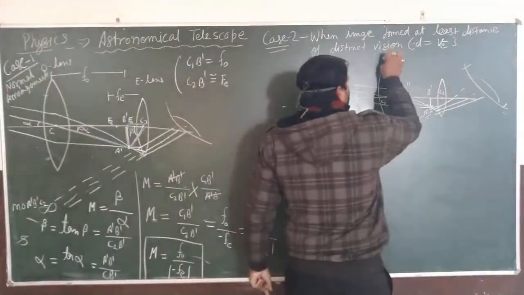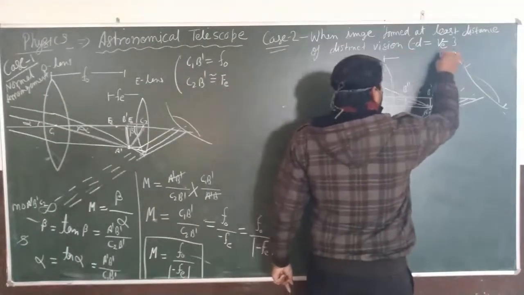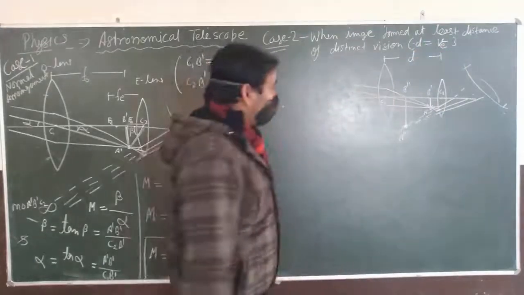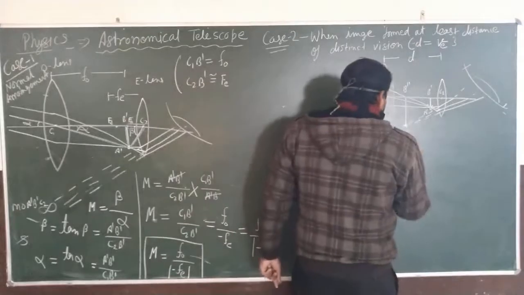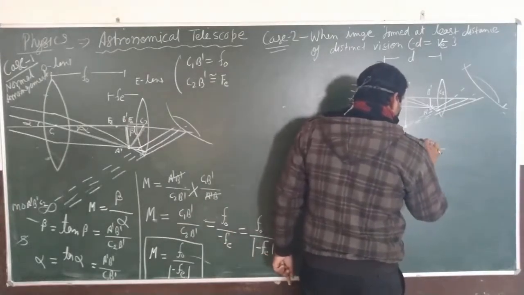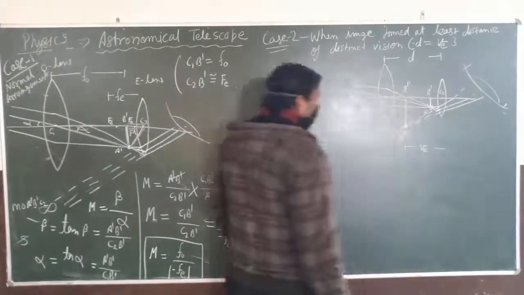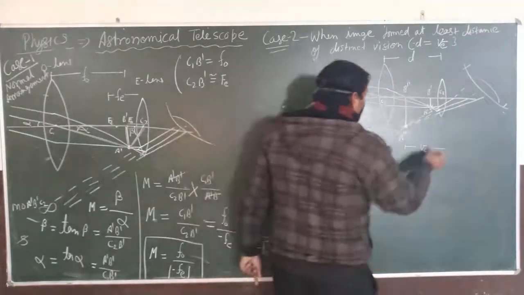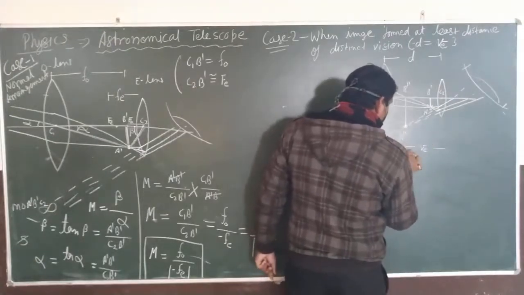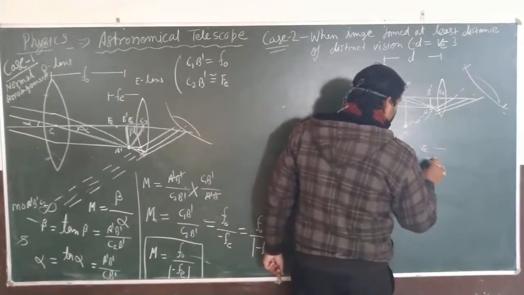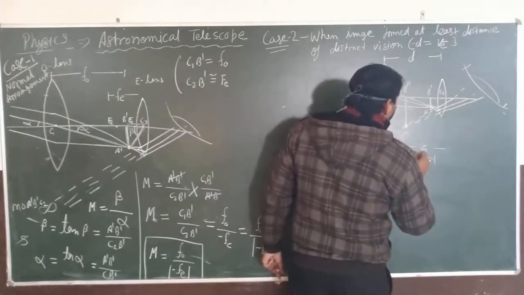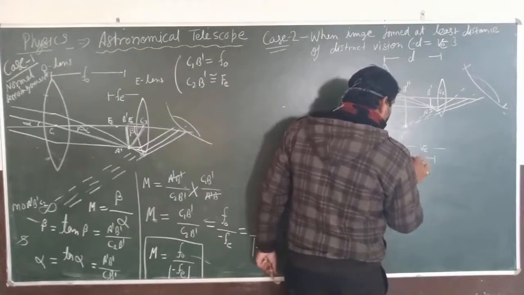Now, if the distance between the two lenses is D, okay, so this is equal to VE, this distance is equal to FO